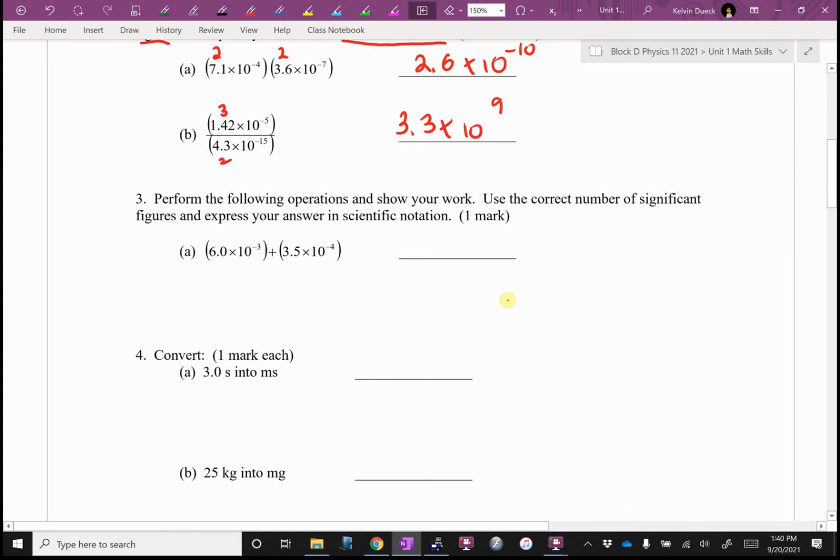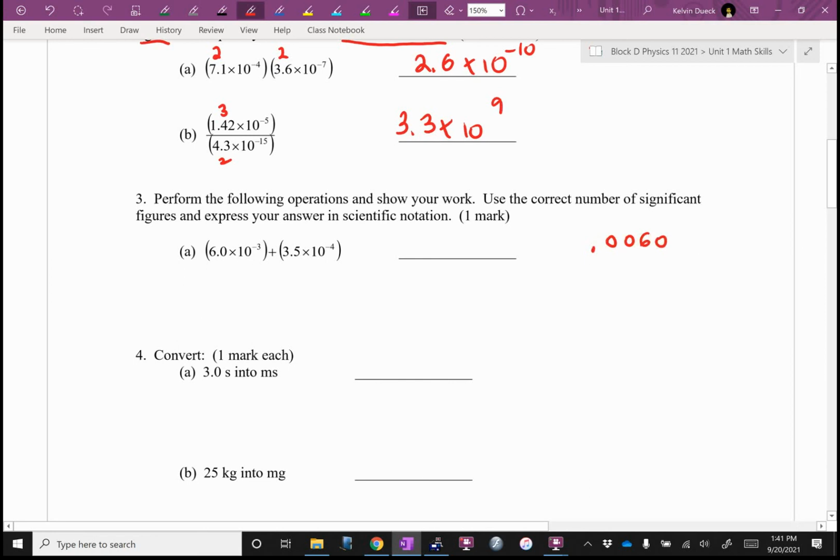Adding and subtracting with Sig Figs. All right. What I said to you last time was I'm going to turn this into a question that I already know how to do. What do I mean by that? I don't have an easy, clever way to add and subtract Sig Figs in scientific notation, so I'll unscientific notation them. I'll write them in standard form. It's going to be